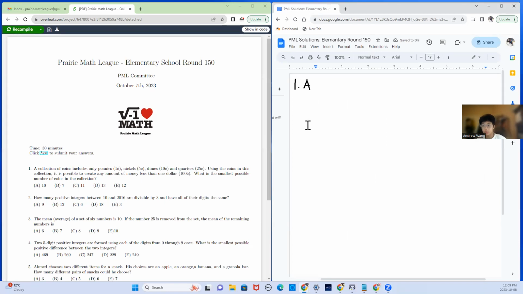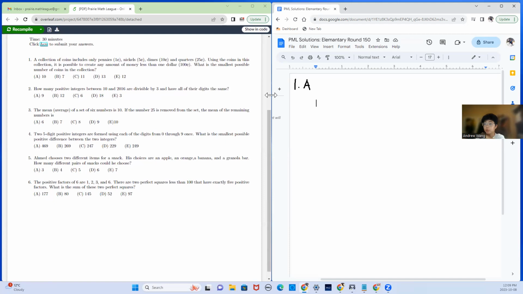So question 2, let's read the question. How many positive integers between 10 and 2016 are divisible by 3 and have all of their digits the same? The options they give are 9, 12, 6, 18, and 3. So the first step, let's just list out all the positive integers that have all their digits the same. So we have 11, 22, 33, 44, 55, 66, 77, 88, 99, 111, 222,